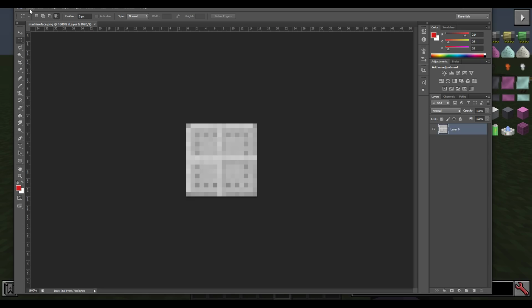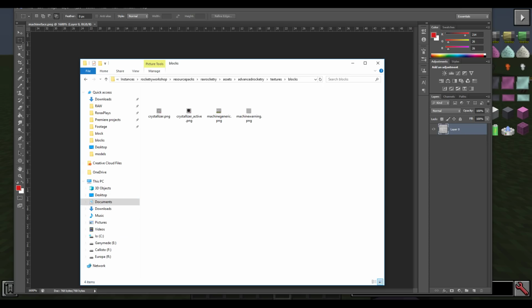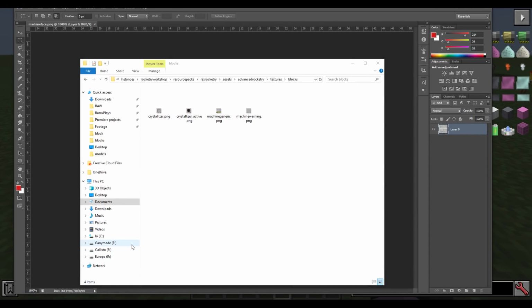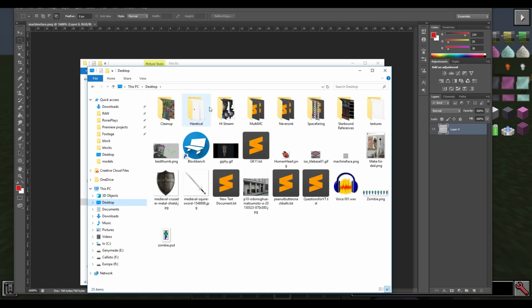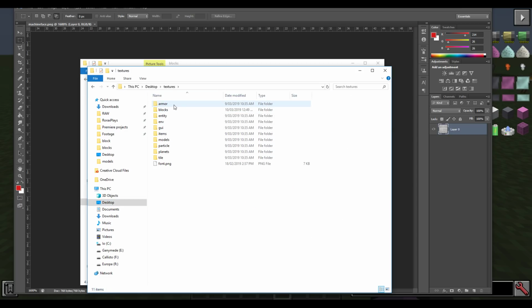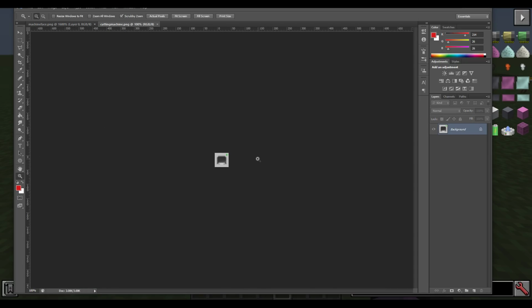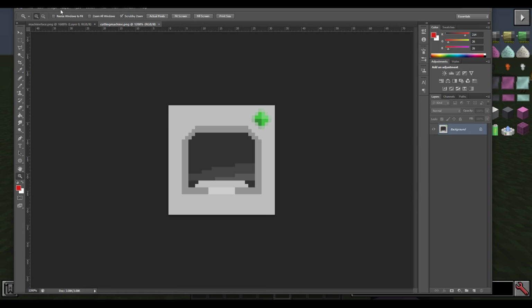Save. Okay. And so now I want to... no, that's not it. Let's go here. Up. Textures. Box. Cutting machine. Copy. Paste. Load it into here. We will